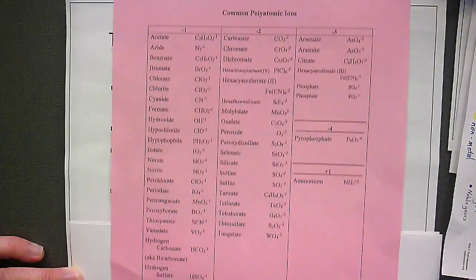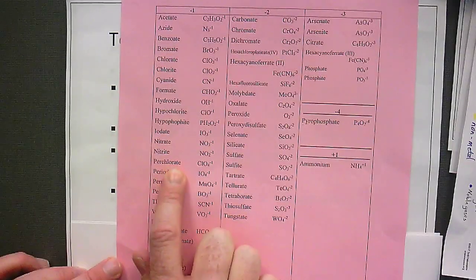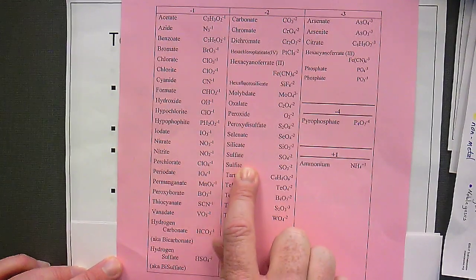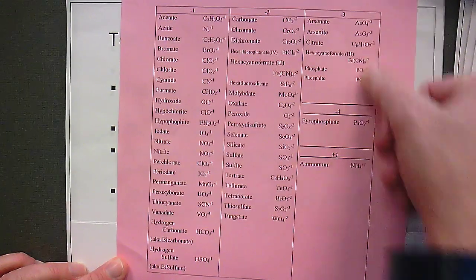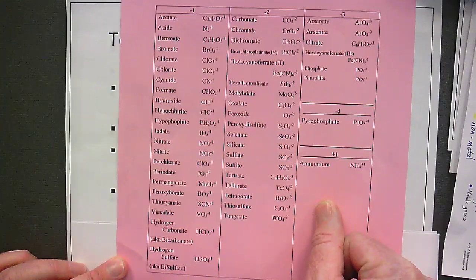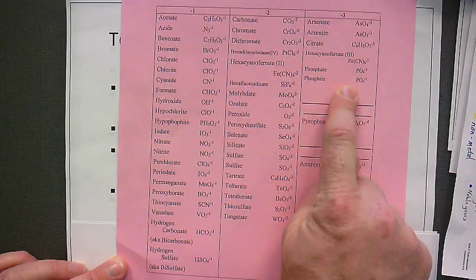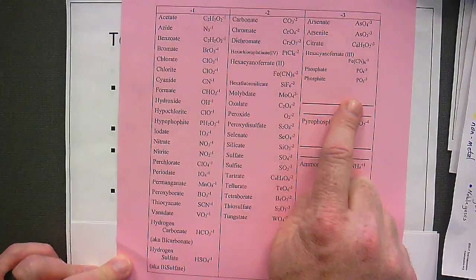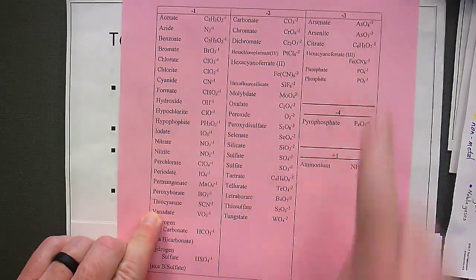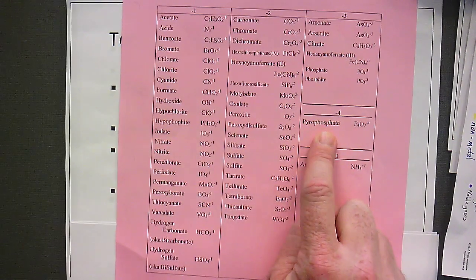Now, if you will look, this chart I typed up, I have organized it. First column are all -1. Second column is all -2. The last column we have the -3, a very small -4, and our only +1. Okay? Each column or each grouping is in alphabetical order. That helps you to find things. So if you're looking for something that starts with a T, you can go down to the T's real quick, okay? I will tell you, the -4 one, I don't think we'll ever use, pyrophosphate. I just thought it sounded cool, so I stuck it on the list, because why not? All right,